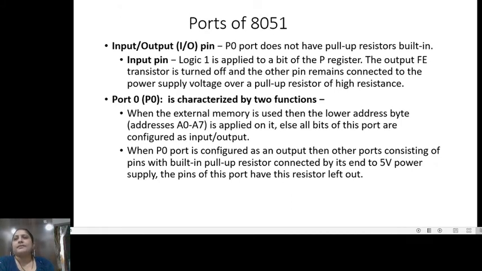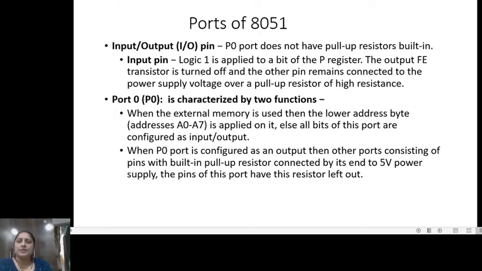Now, when we go for the input output pins, P0, that is port 0, does not have an inbuilt pull-up register. So logic 1 is applied to the bit of the register ports for the input pin.